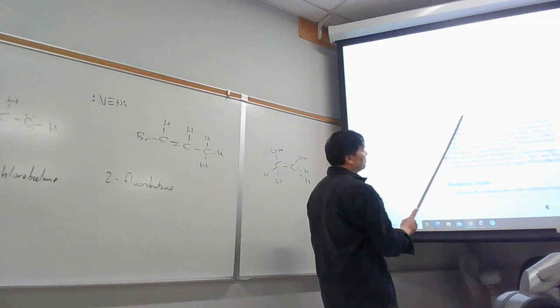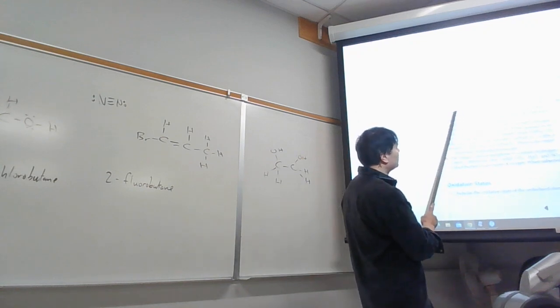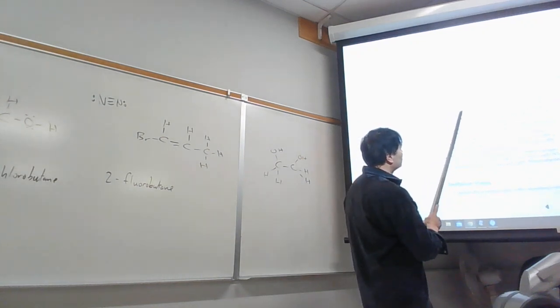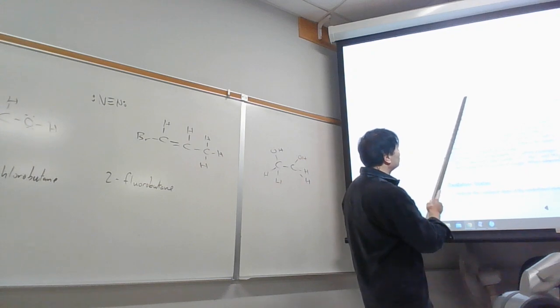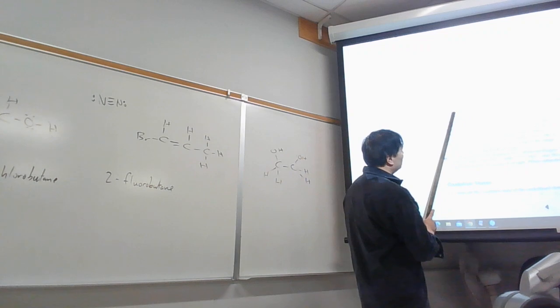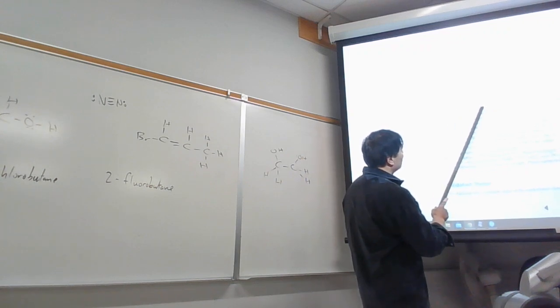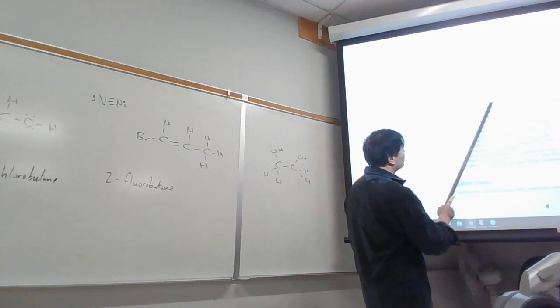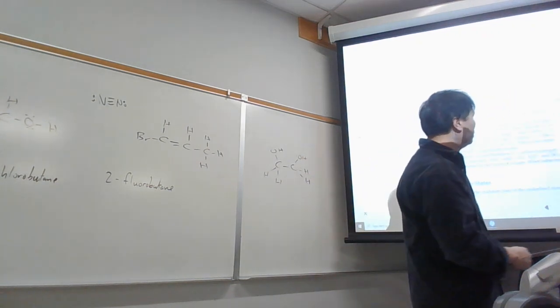This is a typical problem here. We're given the grams of CO2. From that, we figure out how many grams of carbon first, actually. And we're given the grams of H2O, and we figure out how many grams of hydrogen. And the balance must be oxygen. So let's do 44, and then we're going to look at